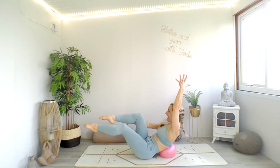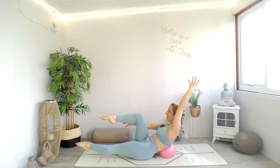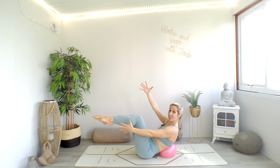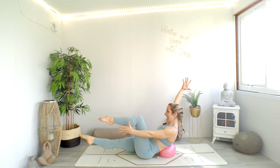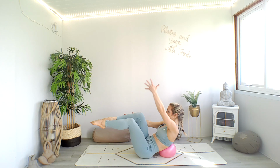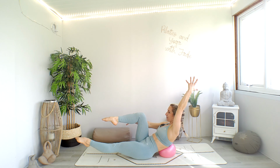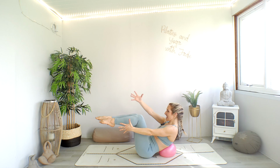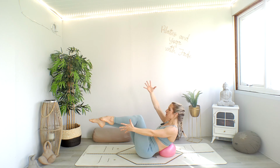A balance between effort and ease here as the power comes from the core, but the shoulders, the face, the neck are relaxed. Using the exhale as you extend, the inhale as you come in. Exhale through the mouth for our Pilates breath. Inhale through the nose. If you'd like to take a challenge with me for 4 times, we can do both